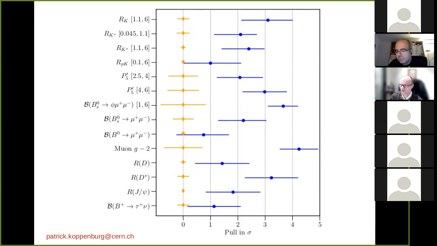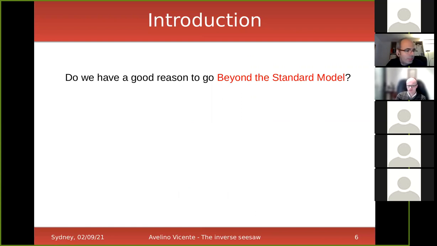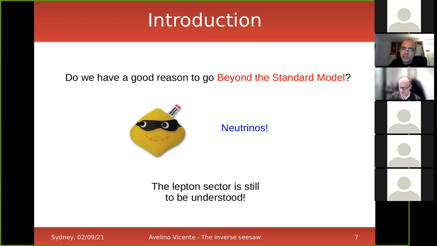The most famous one recently has been the Muon g-2 anomaly that is already above 4 sigma, if you believe in the theoretical calculations. That is also controversial. But there are several anomalies in flavor observables, such as RK, also RD and RD star, and P5 prime. So I think this is very interesting. And because of that, since now people are discussing that we might observe in these anomalies hints of standard model violation or physics beyond the standard model, I think it's important to ask again the question whether we have a good reason to go beyond the standard model. And the answer is obviously yes, because of neutrinos.